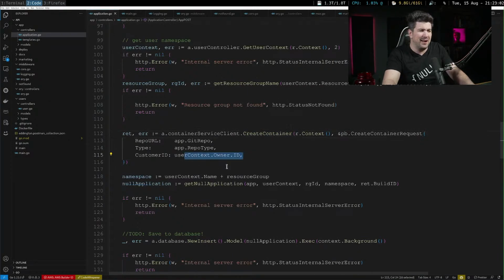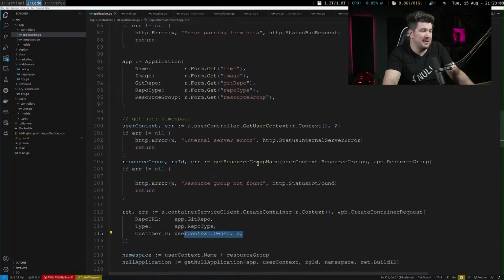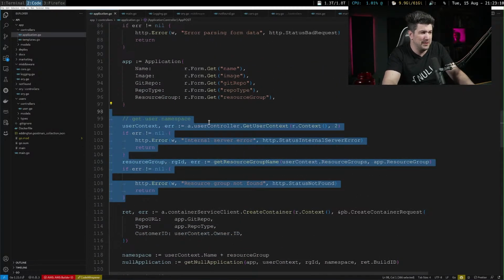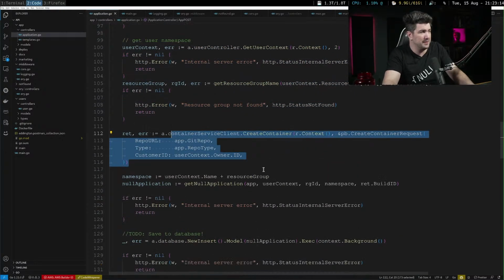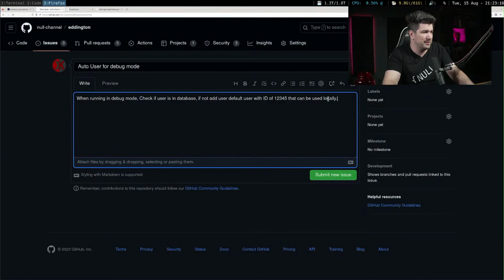So the owner ID gets tied to everything, which means even if we do the stuff up here to make it a little bit better, the stuff down here is still pretty tough. I'm not saying that there's not ways to engineer it better to get around that. Just it's a little bit more difficult than just straight doing it.